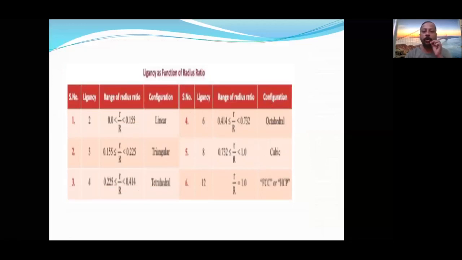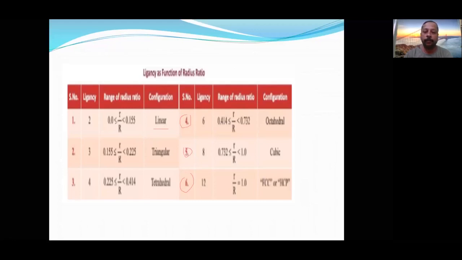There are three types of radius in planar, and further in the syllabus we have only two types that are most important. So what are those two types? That is tetrahedral and octahedral voids. First, see here, there are total six types of voids. 1, 2, 3, 4, 5 and 6. First type of void is linear void.